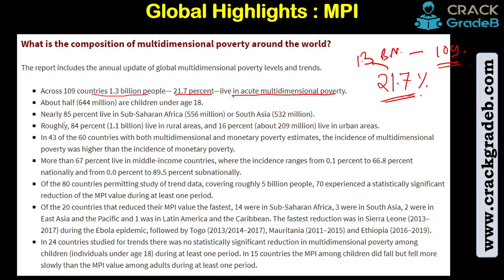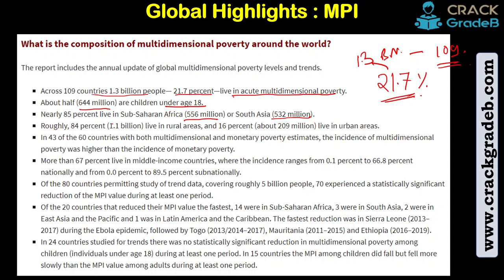Then about half, 644 million, are children under age 18 who live under acute multidimensional poverty. Nearly 85% live in Sub-Saharan Africa, 556 million, or South Asia, 532 million. Right? So these are the people in South Asia or Sub-Saharan Africa, where more than 85% of these 21.7% people live. Right? Then